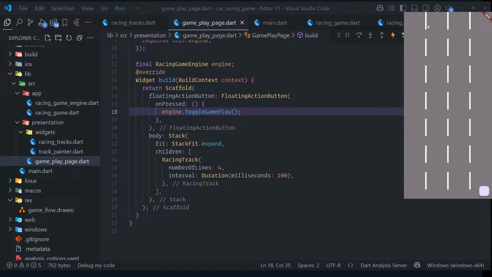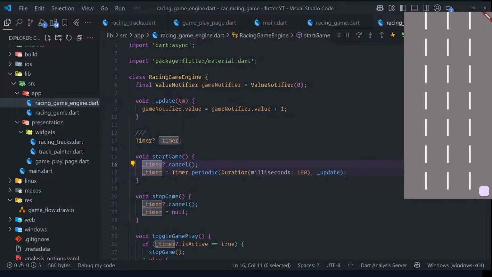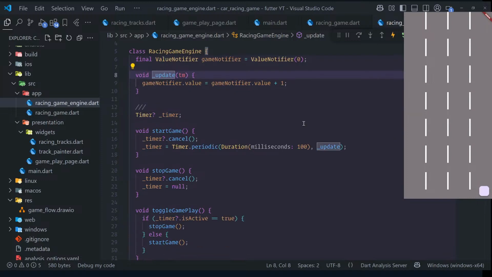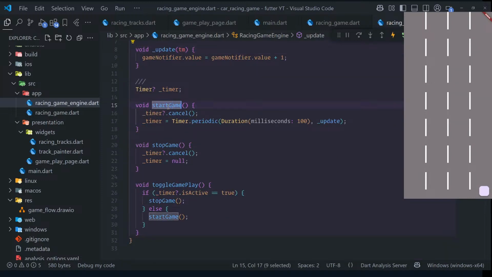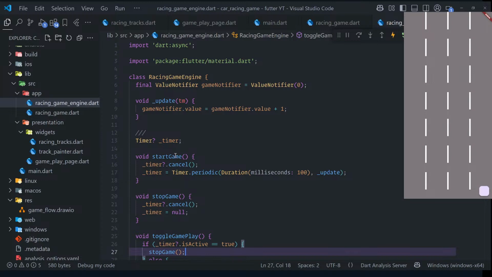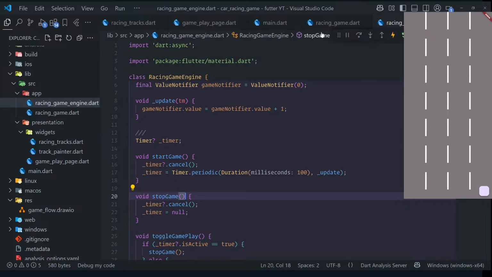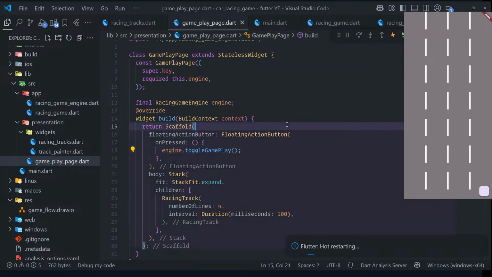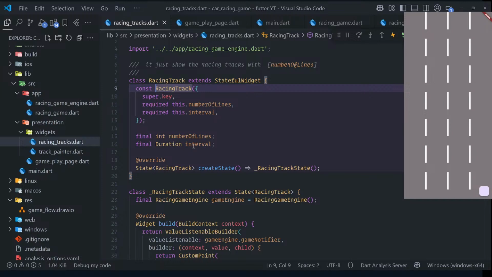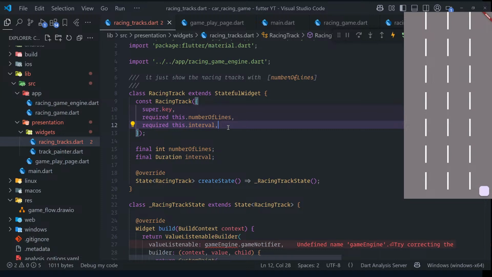So it should shift the whole thing, but yeah, it is not doing it. Let me check. Update on each duration on start toggle. If is active is equal to start, then stop. On start, okay, and on stop it cancels. This is good. This is also good, and this is not good because we need game engine,